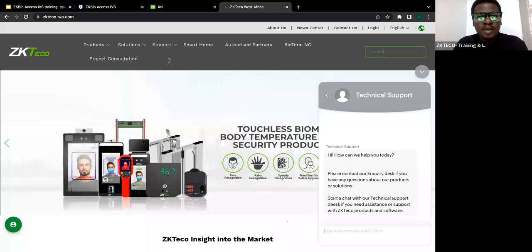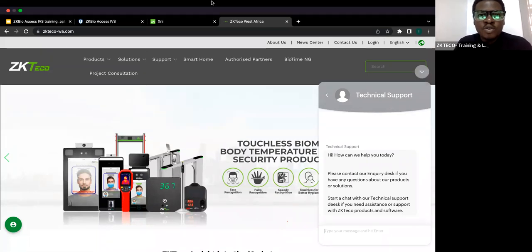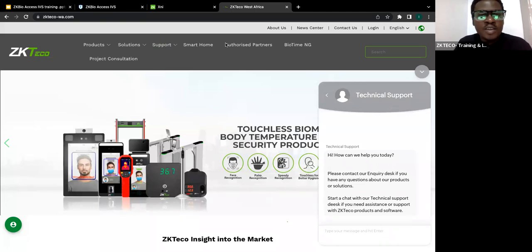Someone asked what's the minimum number of people it can accommodate. It can take up to 50 employees and up to 2,000 employee transactions. The minimum you can use is one, two, and so on. This question should be what is the maximum number of people you can accommodate, and I'll now tell you